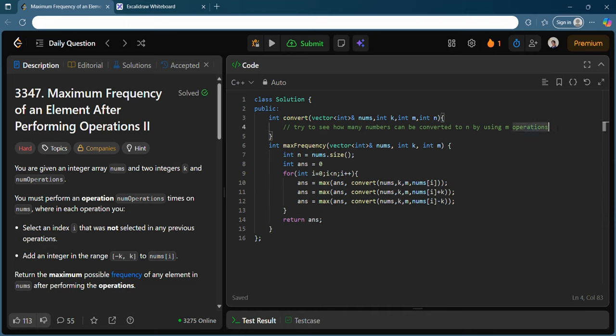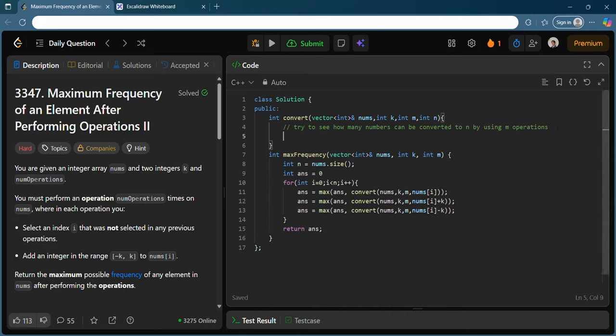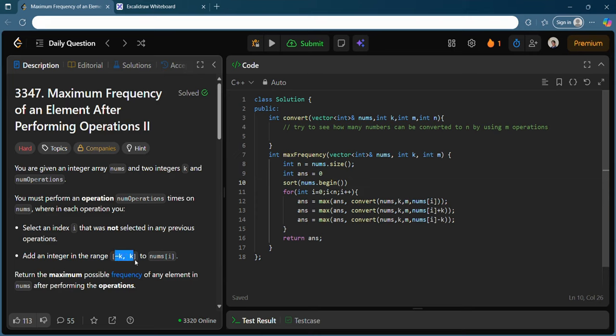Let's see how this can work exactly. What you can do here is use upper bound and lower bound. So let's try to sort it. I hope you don't need an intuition of why exactly I am sorting, because it's quite obvious. I want to select numbers in the range of minus k to k. Sorting won't affect my answer definitely, so yes, I can sort.